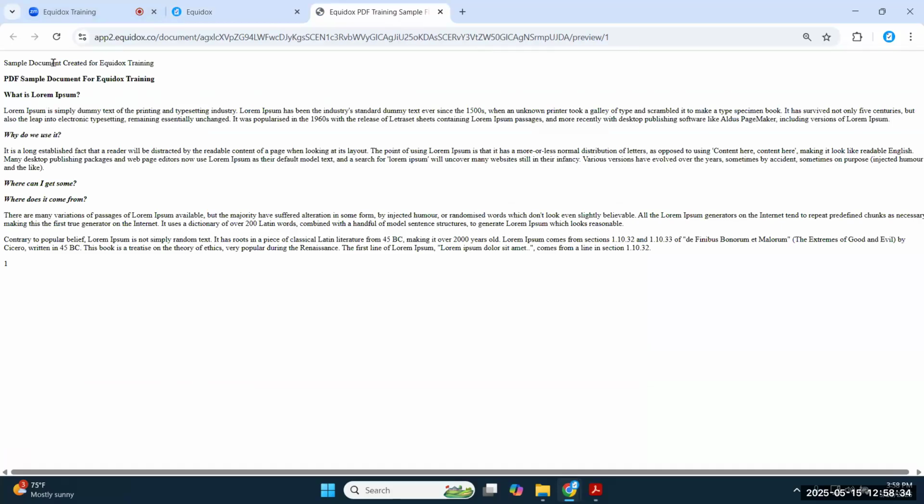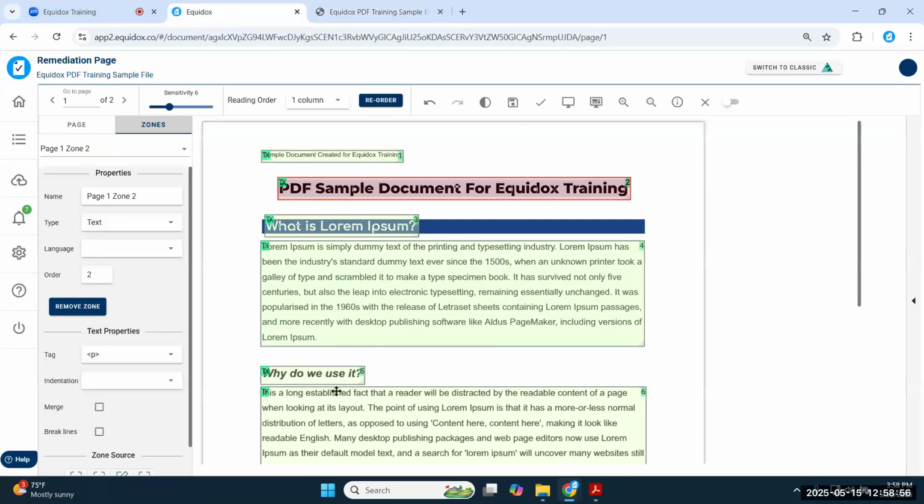So instead of having to interpret the very complicated and technical tag tree, you're just getting this very simple linear representation of those tags, but in an HTML format, which is very easy to interpret and understand. So what we're trying to do is take the structure that we see in this HTML and make sure that it's matching the way that we're visually interpreting things on the PDF itself.